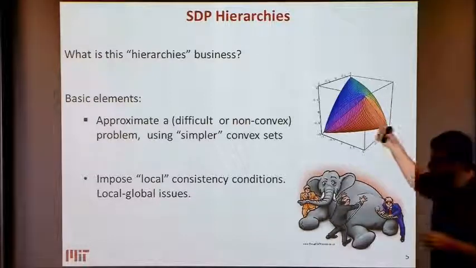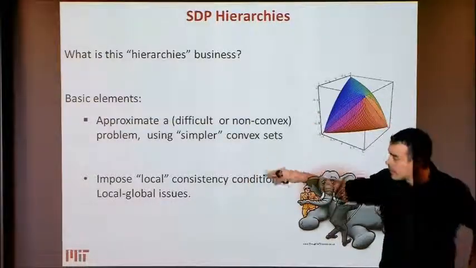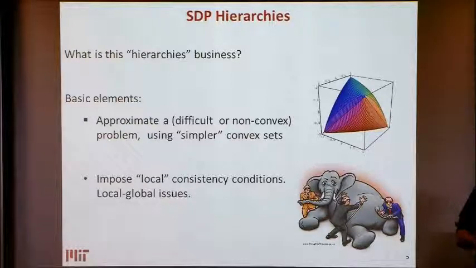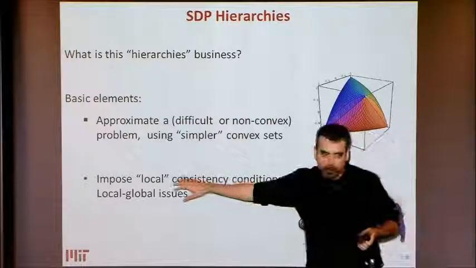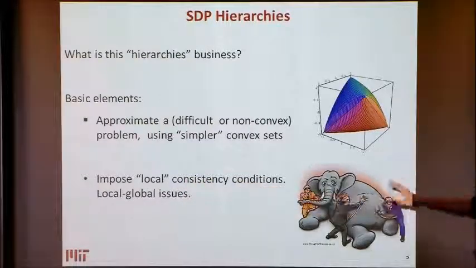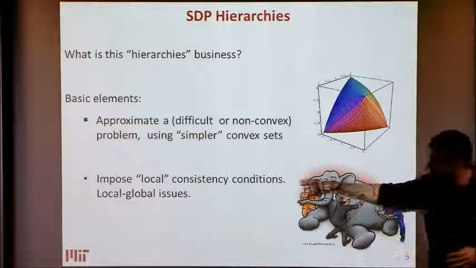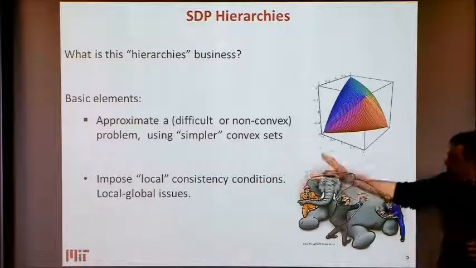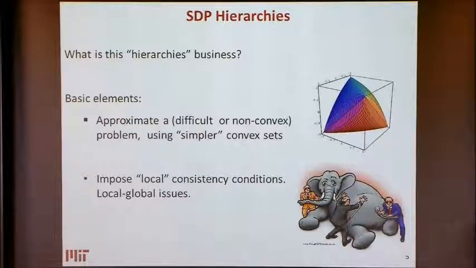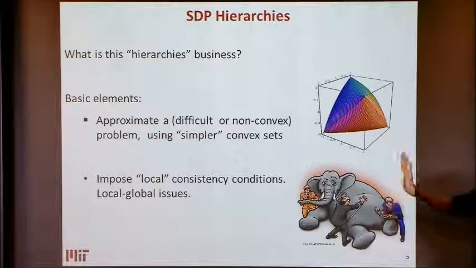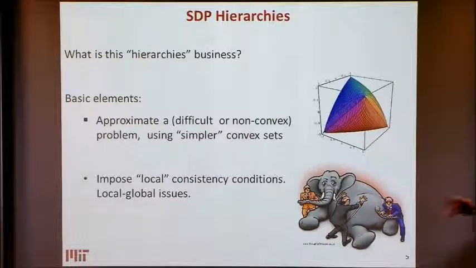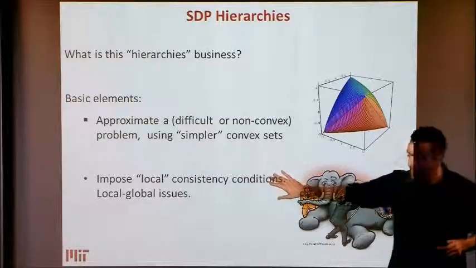And somehow the way that these techniques work, and again, there's many ways of interpreting them, but one in particular I think is useful is that essentially what they try to do is, instead of looking at this object globally, they try to satisfy local consistency conditions. And I write local in here in quotes because I don't really mean local. Depending exactly on whether we're talking about LPs or semi-definite programming, we're talking about some kind of reduced, if you want, consistency conditions. And somehow, of course, there's this parable of the blind people trying to feel an elephant, and that's exactly what happens in here.